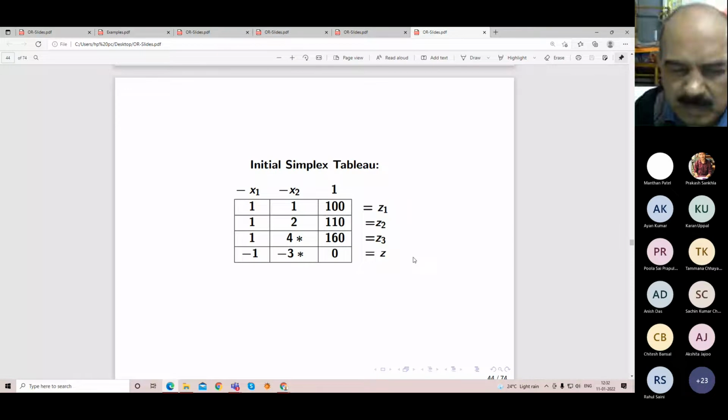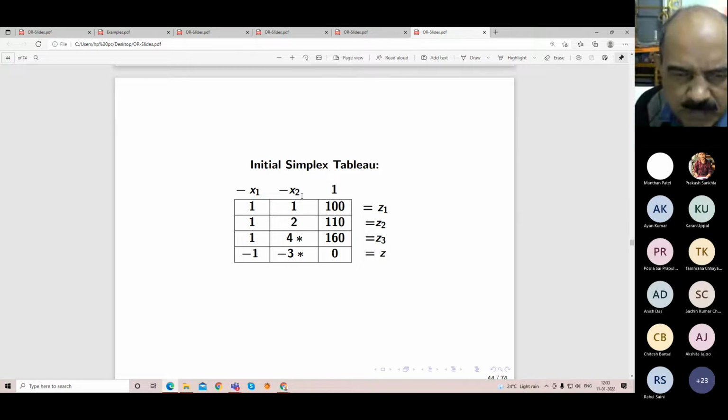Now, in case you have drawn it, re-label. Label in this manner. In place of minus x2, put minus z3. In place of z3, put x2. So minus x2 is becoming minus z3, and in place of z3, it is becoming x2. All the other labels remain unchanged.